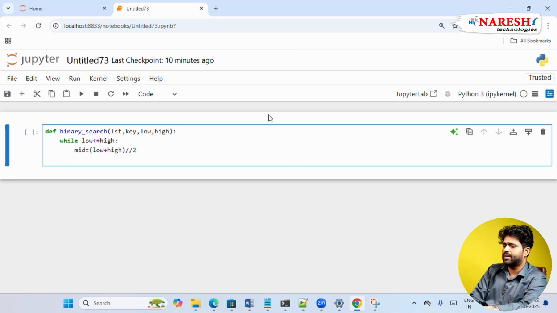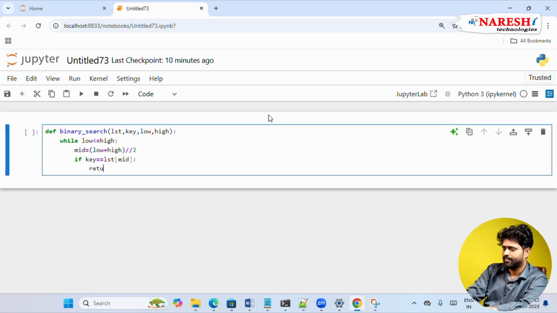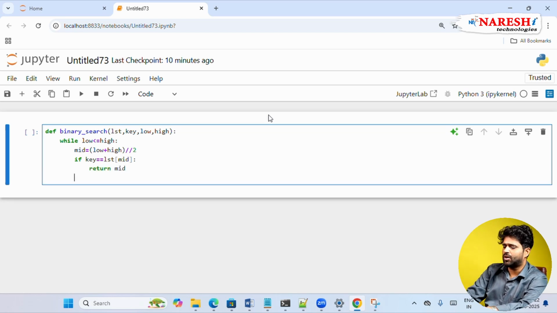Now I will check here if, what should I check? If key equals to LST of mid, if I am getting this one, I will simply say that return mid, correct? If this is not a case, I am saying that elif if key is greater than the LST